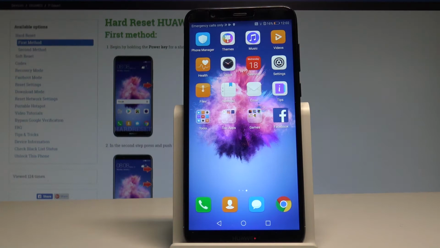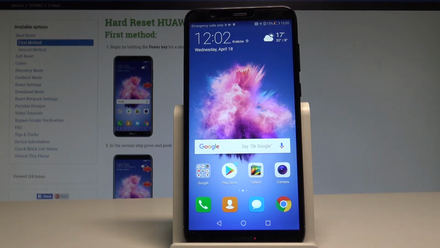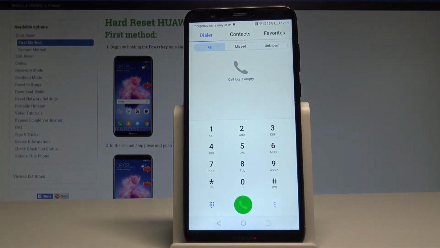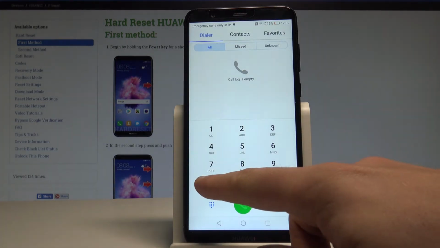Here I have HUAWEI P Smart, and let me show you how to enter and how to use the project menu. So this is like the service menu in HUAWEI smartphones. So at the very beginning, let's use the home screen, find and select the phone's dialer, and let's enter the following secret code: